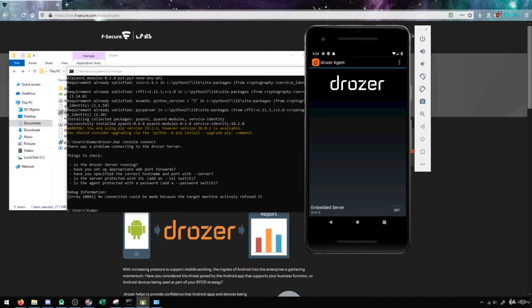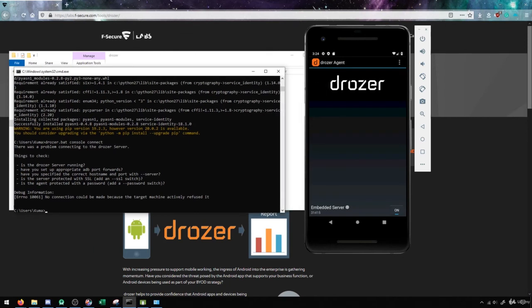So with this, we can turn on the embedded server, and this is what allows us to be able to connect between the computer and Drozer. It's running on port 31415. You can see that on the bottom here. So what we need to do is we need to forward a TCP connection between our computer and the device on port 31415. So to do this, we just go adb forward